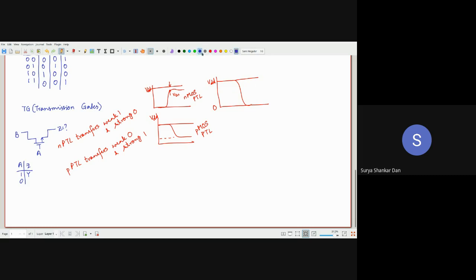हाँ. So when you are going the other way, it will be going from 0 all the way to VDD. So that means static CMOS is very, very robust. Okay, but there are several problems. So PTL is never used, but TG is a standard dynamic CMOS technology. Okay, so probably Sumit sir will be teaching dynamic now.